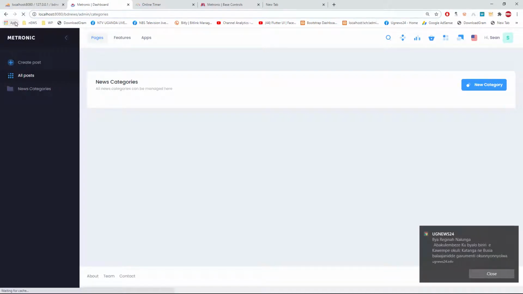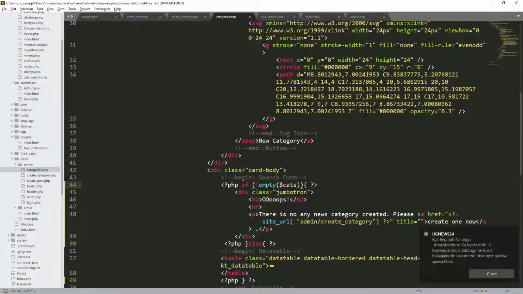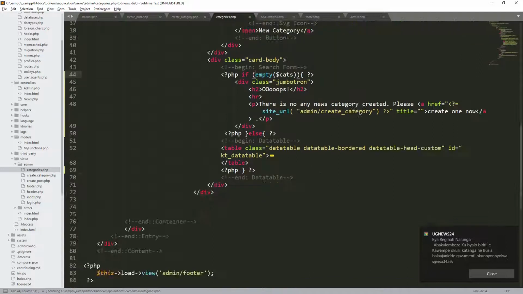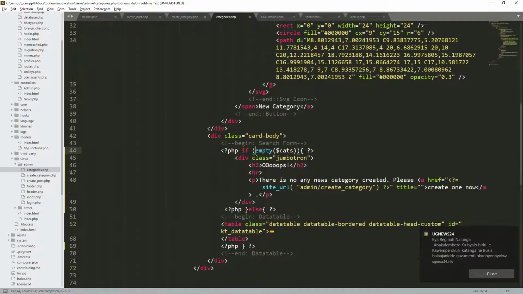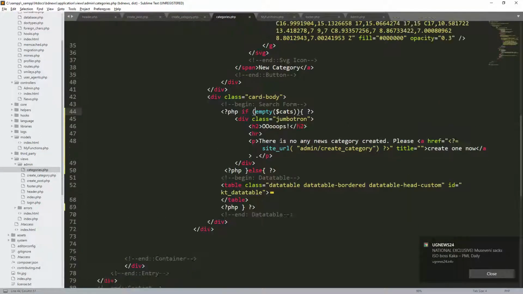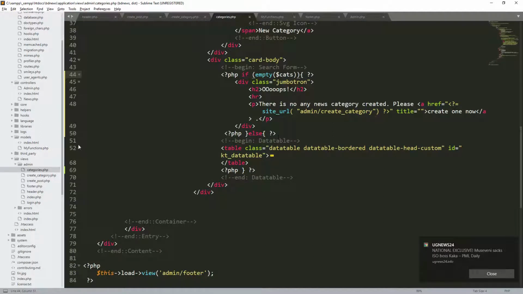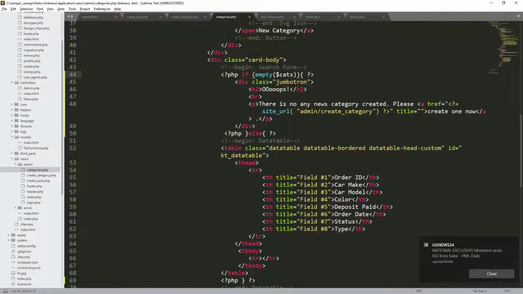So I want to make it opposite, but you should see if the message is okay. As you can see, our Jumbotron is okay and the link is there. So let me make it in the right way, and we display these categories here, and we display these news categories. So to display these news categories, I'll just simply remove, okay, remember I have a table here that I copied previously. I'll just remove this data table class. This data table classes, I just make it table of Bootstrap,